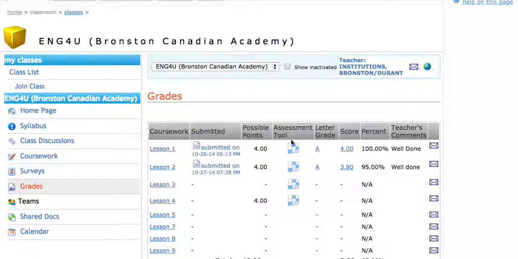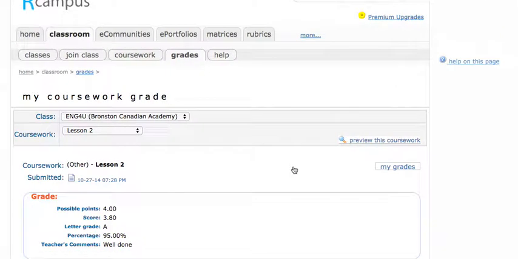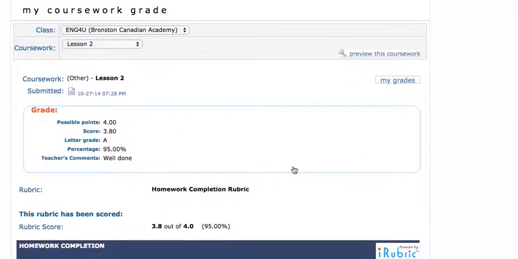Over here under the assessment tool, this is what is important for the student to access to see where they did well and where they did not do so well, as well as any comments from the teacher. So we will take a look at this rubric for example. Okay, so on the rubric, one is able to see the class, the coursework, which particular coursework it was, when it was